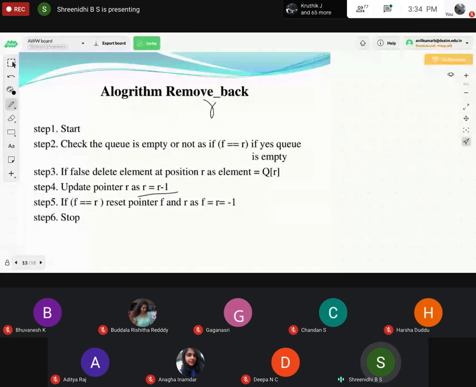So in the earlier case we did r plus 1, here r minus 1.